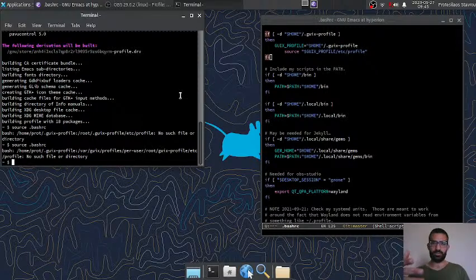I cannot use SSH, I cannot use Git to do stuff, and it's basically very difficult for me to work right now. I can start the GNOME keyring manually, but I want to do it through the init system,